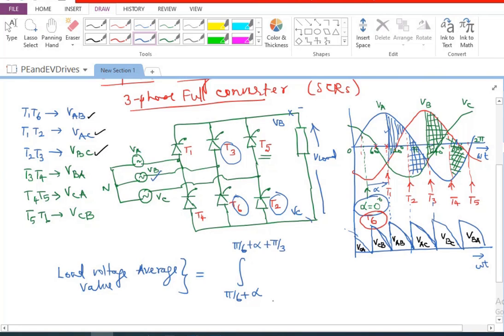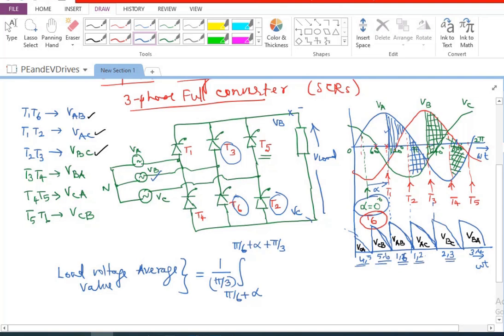This is the entire thing that is going to come up, and I have to average it over pi by 3 because every 60 degrees things are changing. Here we had 1 and 2 conducting. Here we had 2 and 1 and 6 conducting. Here we had 1 and 2 conducting. Here we had 2 and 3 conducting. This is 3 and 4. And we had 4 and 5 and 5 and 6. This is how the conduction of the